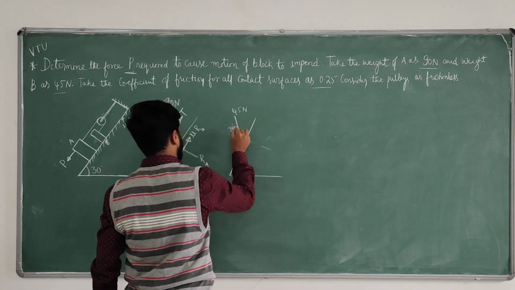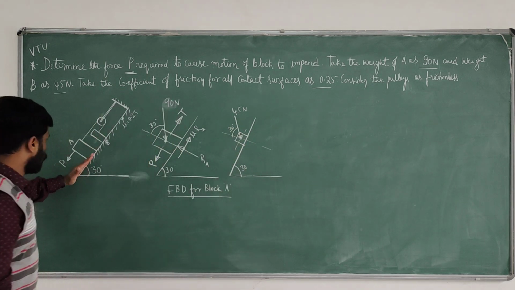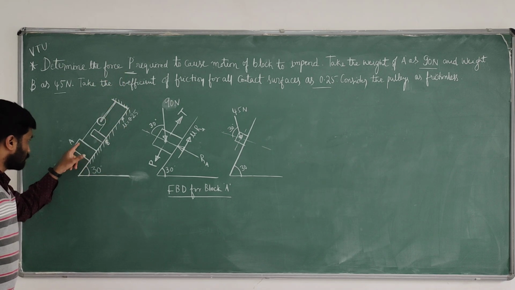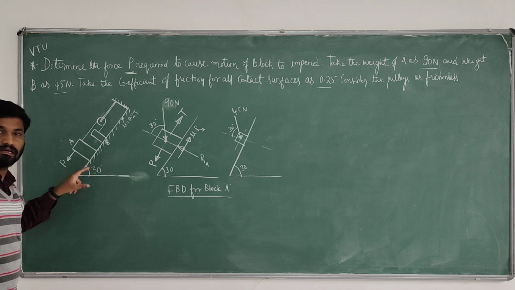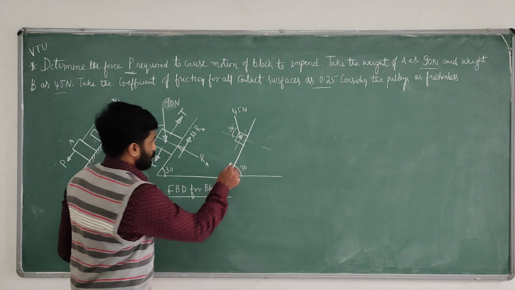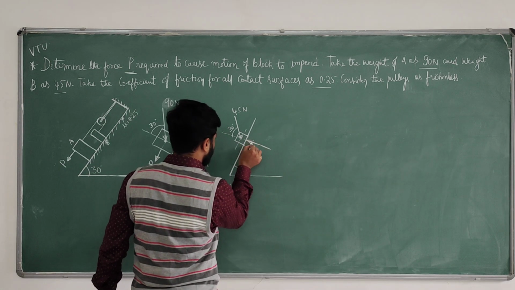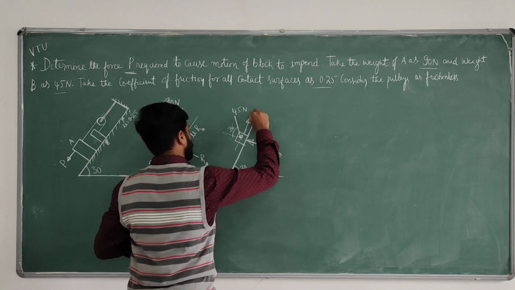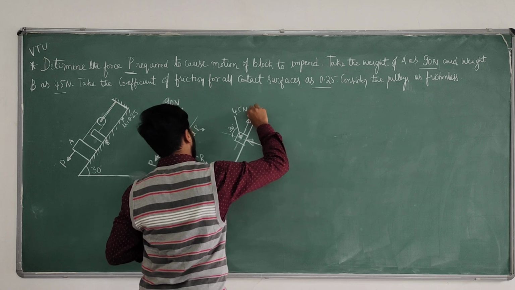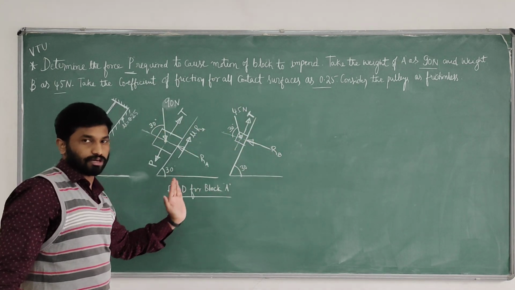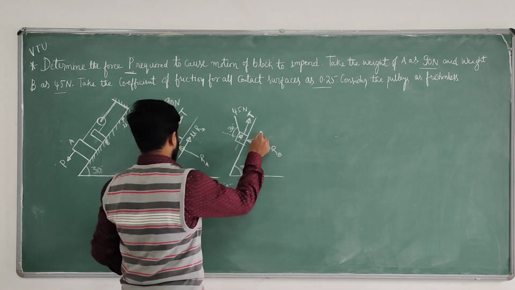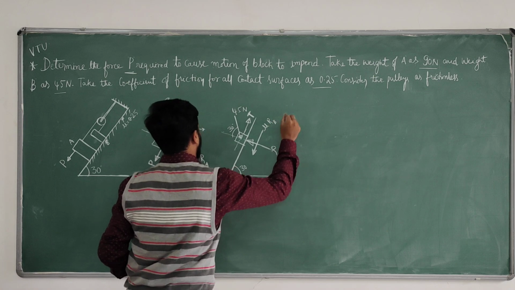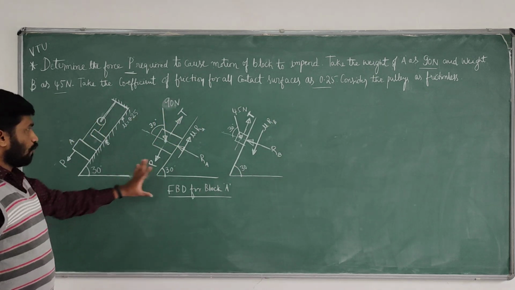I am shifting the 30 degree here also, same thing, because both A and B are placed on an inclined plane. Blocks are placed on an inclined plane. That's why I am repositioning the weights according to the inclined angle. Next, here there is a reaction. So this is RB, and here you are having tension. There is no force in this direction, only tension. The block will try to move in this direction. Therefore, the friction will act in the opposite direction. That is mu into RB. So this is the free body diagram for A and B.